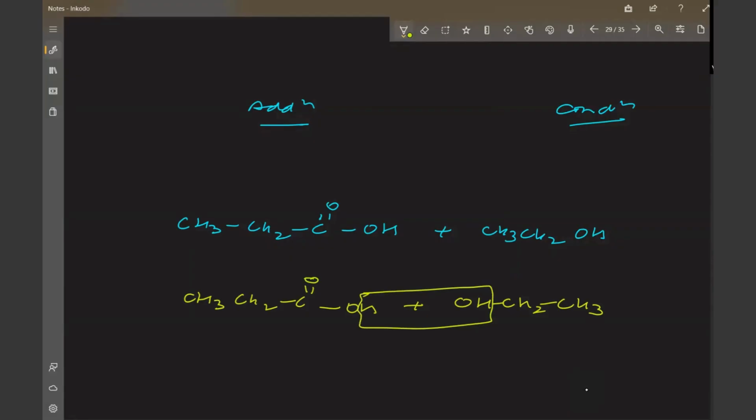Then remove the water like this. What I have written is the correct formula, because in your curriculum it doesn't matter which OH and which H you take, H of alcohol and OH of carboxylic acid, they won't ask you. But in reality, OH of the alcohol and H of the acid goes. So you have to remove the H of the acid and OH of the alcohol. Anyway, just remove the water. When you remove the water, what is left? So let's draw this. What is left? CH3, CH2, double bond O,